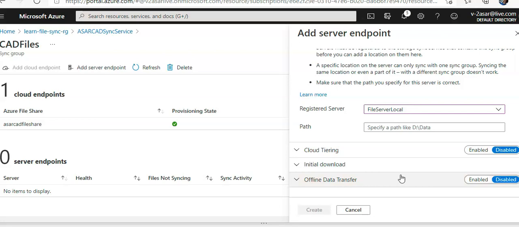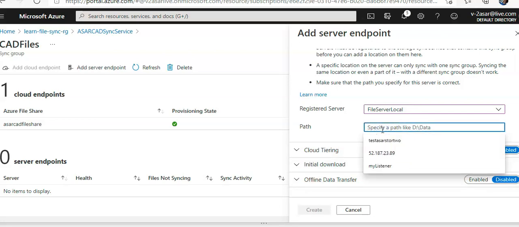Now we have all the Azure resources deployed. We need to register the on-premise Windows server with the sync group. Then we connect to the Windows Server compute and install the file sync agent. We disabled IE on the server. We install the Azure file sync agent. We registered the file sync service. You saw the portal. We add the server endpoints, and in this I will add